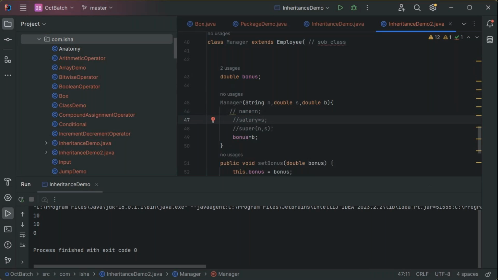So I'm going with the super keyword. You can see what the need of the super keyword is. One is to avoid duplication. Second is to access the private data. This is the correct way to do it. Okay, this is done. Next thing is,